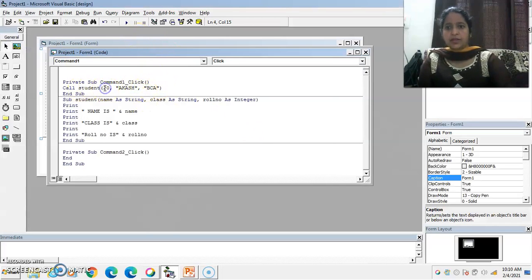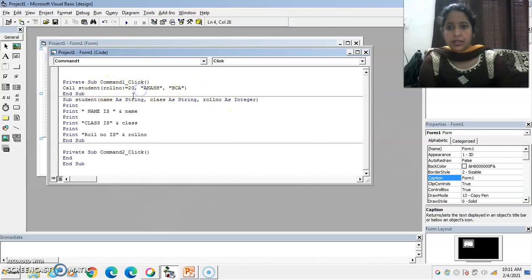But if you are using the named argument, then this problem can be solved. That is, you can change the order also. Using the named argument is very simple. Means write down the name of the argument during the function call or the procedure call with assignment operator.